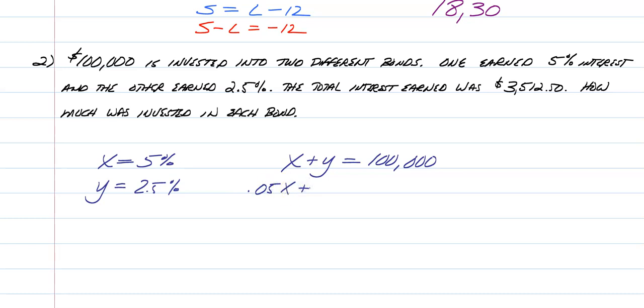0.05X plus 0.025Y, because whenever you're working with percentages, you want to change them to a decimal, and that's equal to the total amount of interest made, which was $3,512.50. Okay? And then from there, all you really need to do again is, these are already in standard form, so type them in your graphing calculator, get your RREF, and you are going to end up with